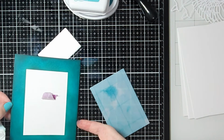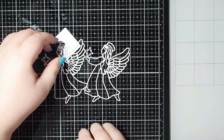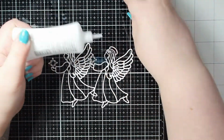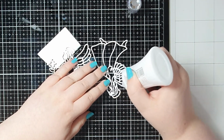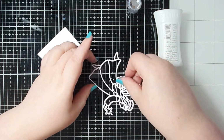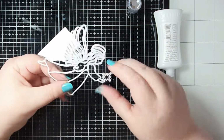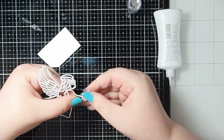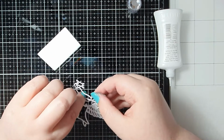So my next tip is to use some die cuts. I've already pre-cut all of my die cuts that I want to use for all of these cards. So that is one tip. If you get everything pre-cut, get everything stacked together, ready to go, it's so much easier and quicker to assemble your cards. I did all my ink blending, then whilst all that was drying, I went and did all my